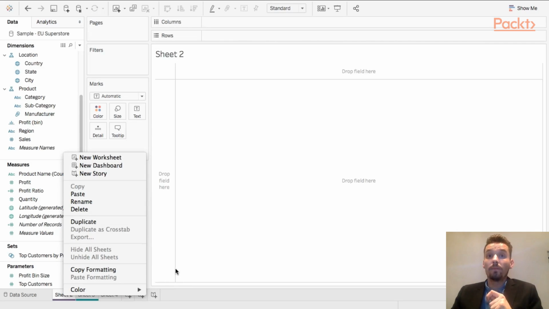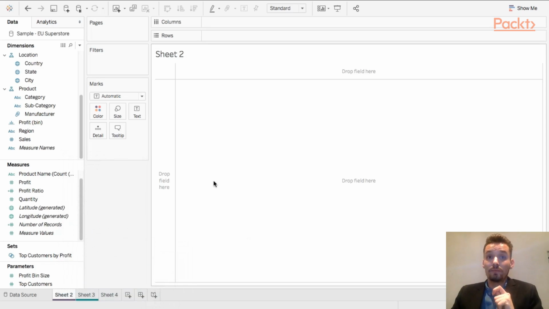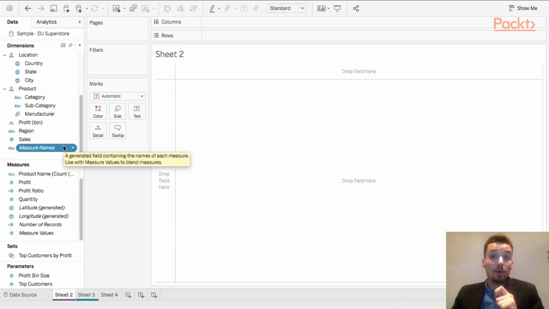Now, what are measure names, measure values, and measure record? Tableau data pane always contains a number of fields that do not come from your original data. These three fields are automatically added by Tableau to each data set. Tableau automatically creates these fields so that you can build certain types of views that involve measures on a single